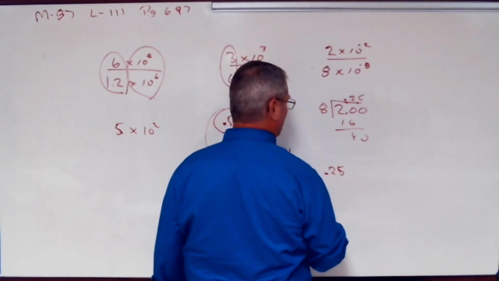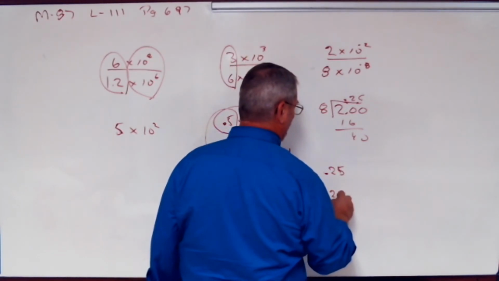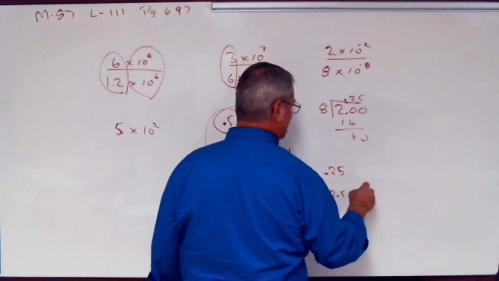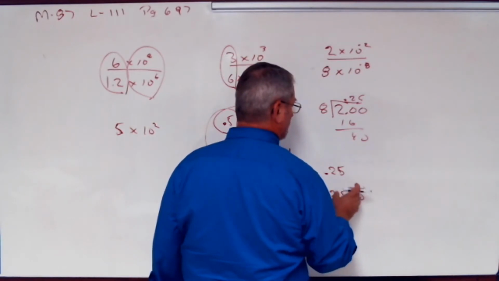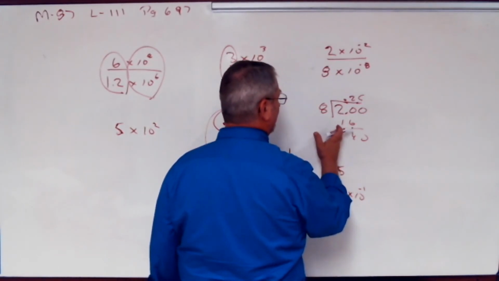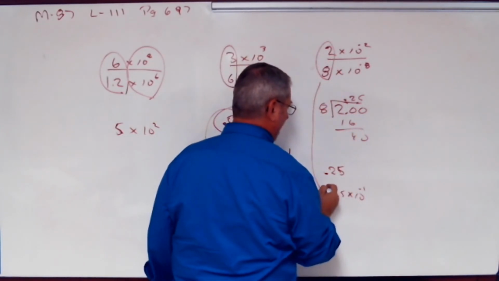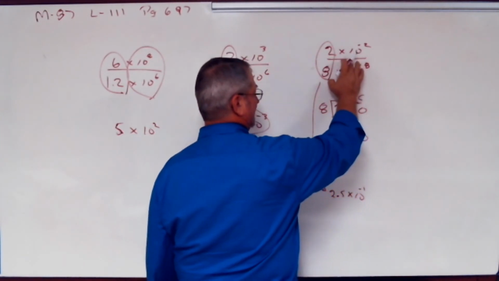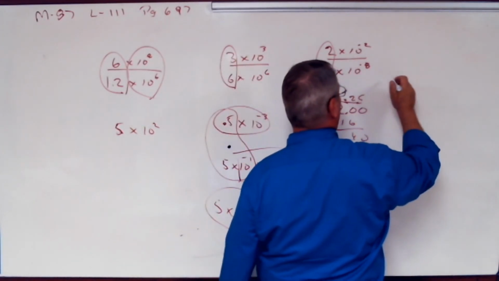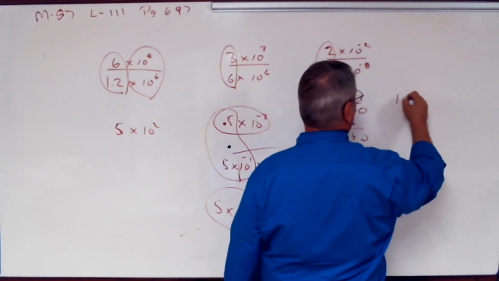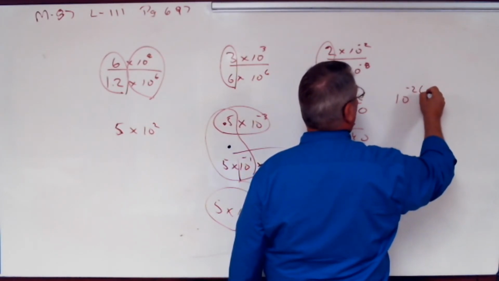I want the decimal between the 2 and the 5. I want to have 2.5 times 10. I started with a decimal, so this is a negative 1. So this is right here. This is right here. And I haven't done this yet. Let's take this part right here. This is negative 2, and it's super important you do it like this. 10 to the negative 2,